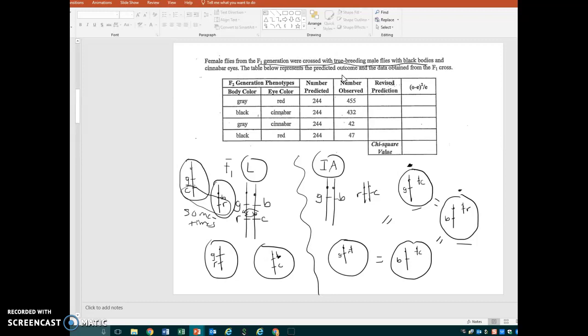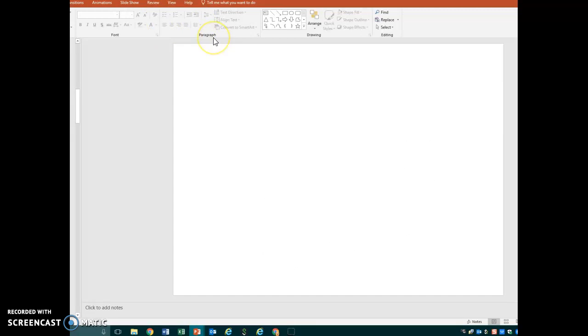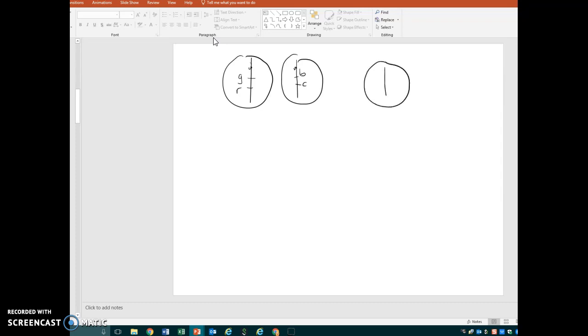Right? You'll get that sometime, but the majority of them are going to be this, and the majority of them are going to be this. Okay? So maybe that helps a little bit more, showing those chromosome stick diagrams of how you get those different types of gametes. Right? So at any rate, if you get most of them being again gray with the red, you have this gamete, and then the other gamete is going to be the black with the cinnabar. Right? And this cross, you're crossing that with a